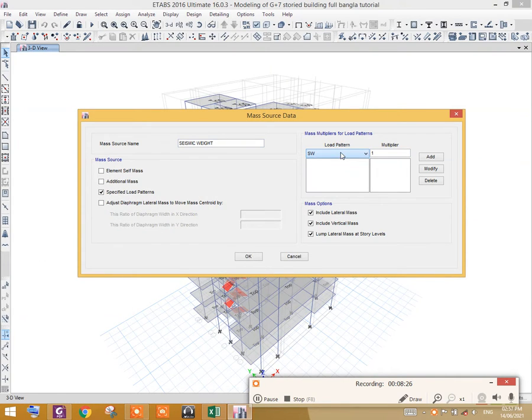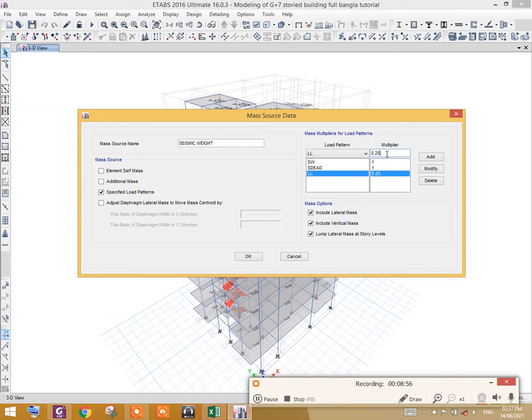Here we shall take the full self weight, the full superimposed dead load, and a portion, 25%, of the live load. Since the applied live load on the structure is less than 3 kilonewton per meter square, that is 60 psf, I am taking 25%.